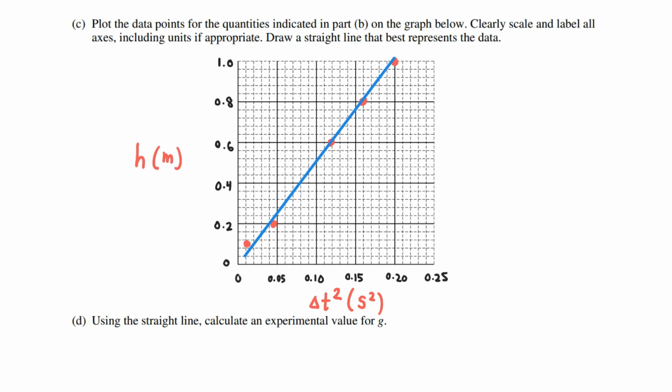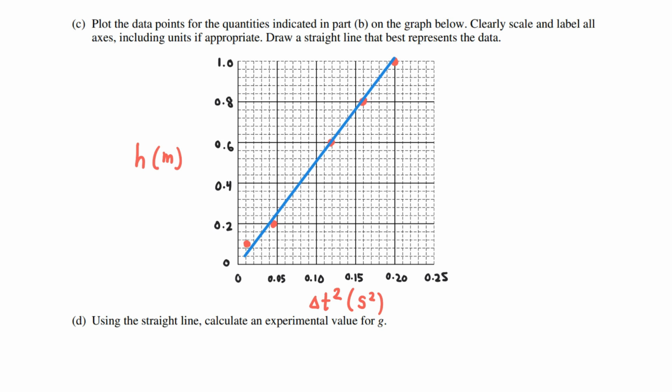After drawing that, I used a ruler to create a best fit line that went through the data set. Now this is a relatively tight data set, which means all of those points are very close to the line, so there's not much variability in where you could draw that line. But I did try to make sure that we had a point or two above the line, a point or two below the line, and a couple of points that the line went basically straight through. And so I think we have a good graph here. If you're curious, all of those things I just mentioned, like scaling the grid correctly, using the full space of the grid provided, plotting the points correctly and drawing the line correctly, that's how you earn the points on the graph. And now in part D it says,